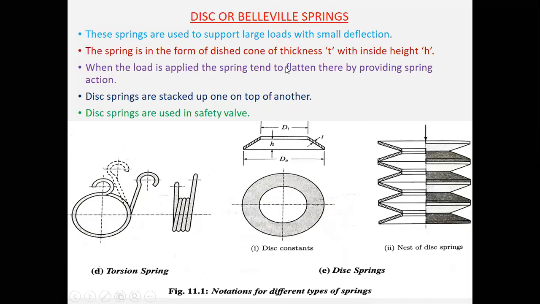In the previous class, we discussed the torsional spring and solved a problem on that. Now we'll see a disc spring. You are going to use this disc spring where a large load is there. The deflection you see in the disc spring is less, which means where small deflection is required and a large load is there, you can use the disc spring.